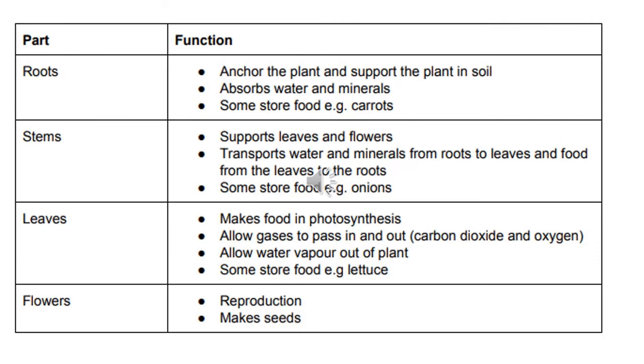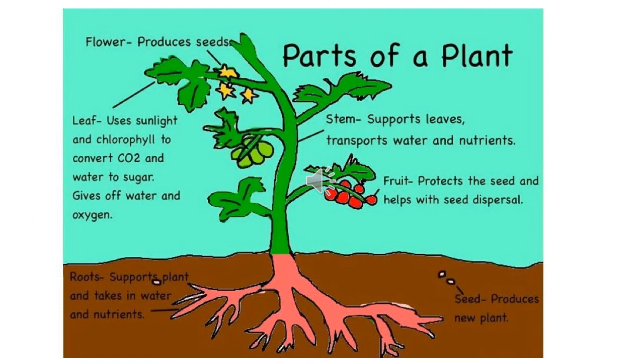Leaves are the kitchen of the plant, as we all know. It makes food for the plant. And we sometimes eat leaves also, like spinach. And methi also is a leaf. Now the flower. Flower has seeds in them. We use those seeds to produce new plants. This diagram easily helps you to understand what the different parts of the plant are and what their functions are. So you all will have to read it carefully so that it will be easier for you to understand and summarize it well.